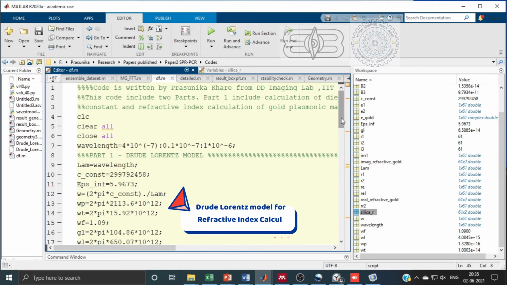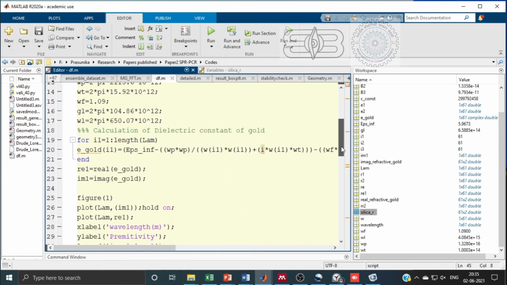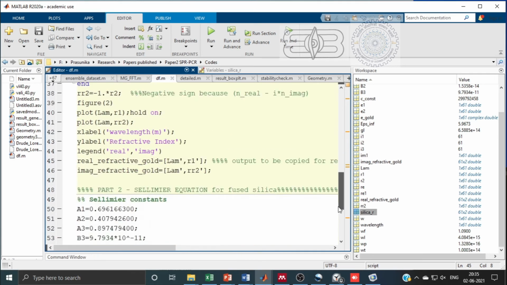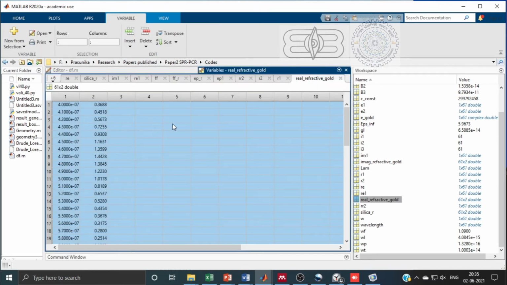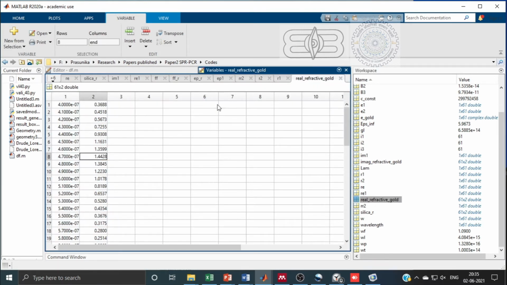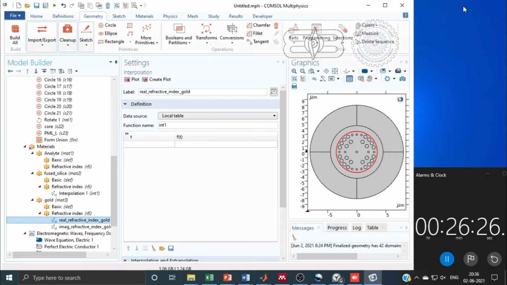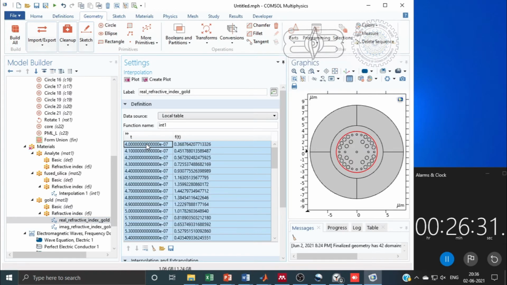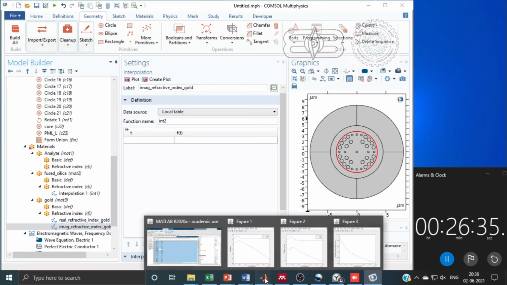A very important thing is that COMSOL takes the negative refractive index, so in this code I have added a minus sign in the imaginary part of the refractive index. That will become clearer after a few minutes of this video, because I will show where COMSOL takes the negative value. That's why we are getting a negative graph of the imaginary part of the refractive index.